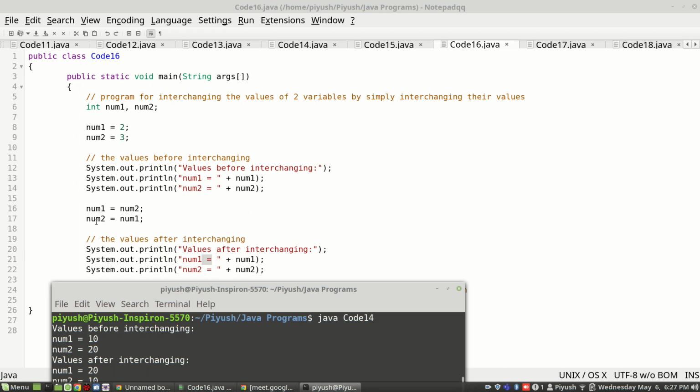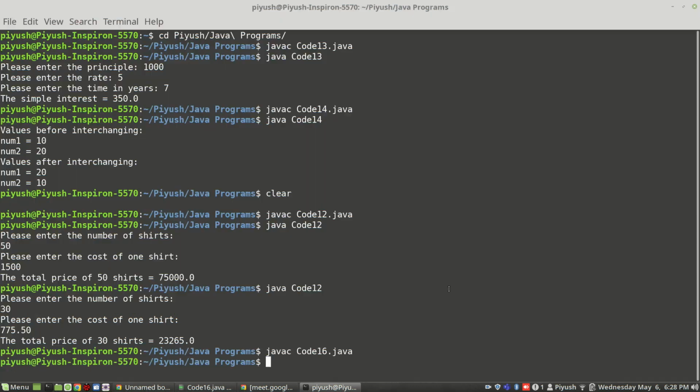No, you have interchanged here, no? So that earlier result will be replaced. Num1 will now be containing the value of num2. Here in lines 16 and 17, have we not interchanged their values? So num1 will now be containing the value of num2, and num2 will be containing the value of num1. Is it correct? Yes, sir. Sure? Yes, right. Just had a little confusion. Now I'm okay. Okay, fine. So now let us execute this.